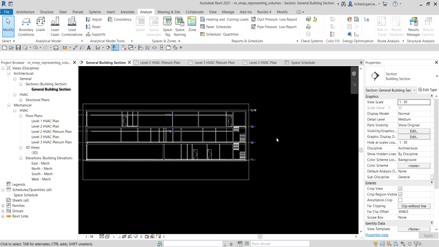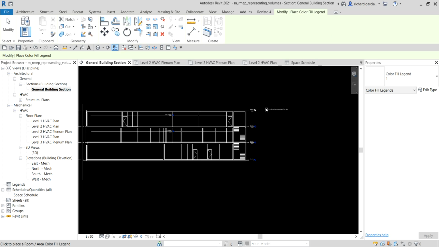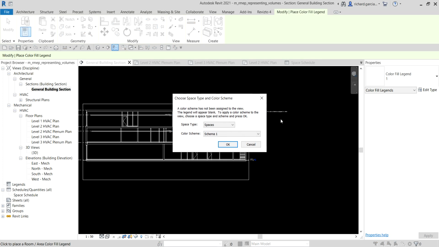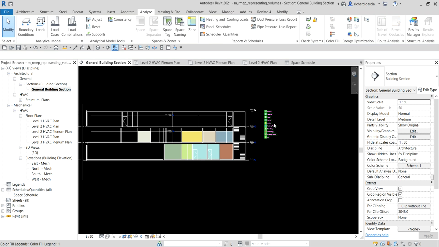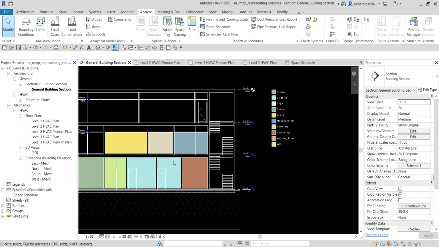And then what I'm going to do is put a legend. Okay, so I'm going to put a color fill legend. So this one. Color fill legends, I'm going to select that and then place one here. There you go. And make sure this is Spaces. I will be using schema 1. Okay. And there you go. So now what I want is to place also the spaces in my